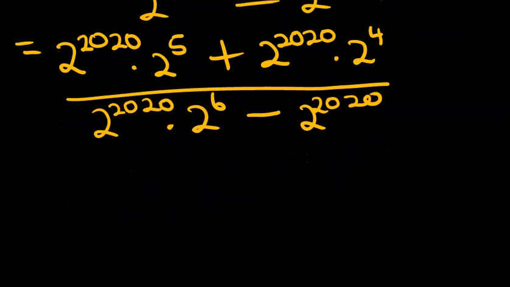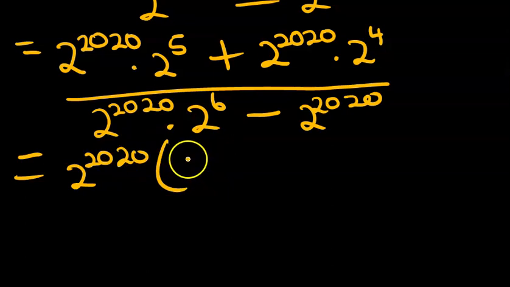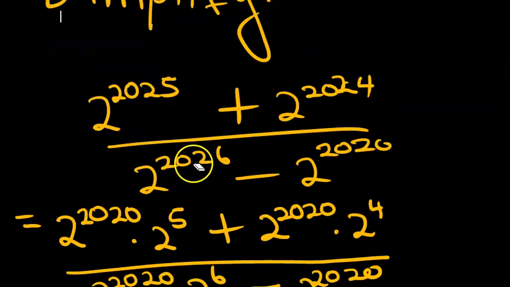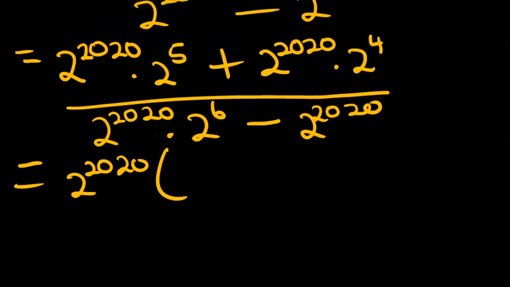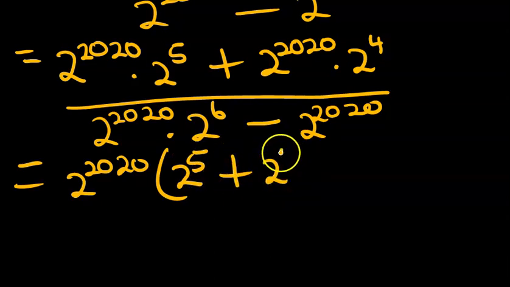Now we have a highest common factor in the numerator, which is 2 to the power 20. Then in the numerator we have 2 to the power 5 plus 2 to the power 4